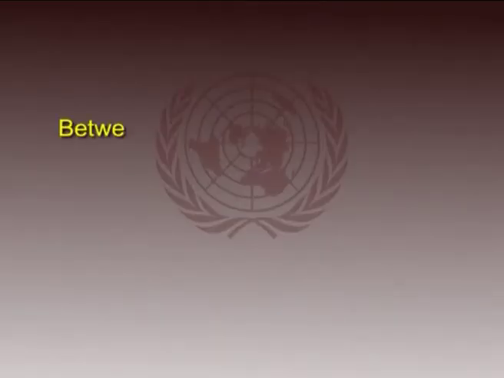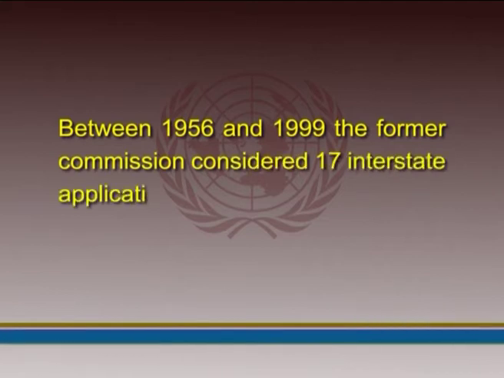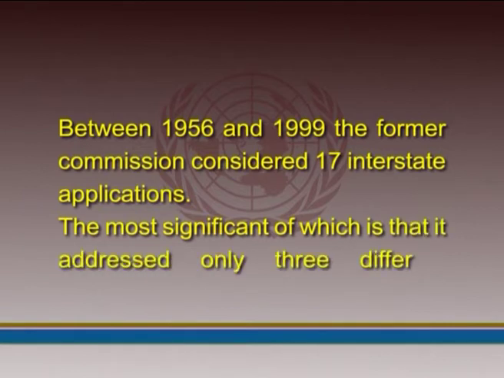This procedure has generally been used very sparingly in relation to member states of the European Union. This sparing use is likely to be reinforced by Article 7 of the European Union Treaty. The European Court's interstate procedure will continue to be the only option in relation to disputes between non-European Union member states. Between 1956 and 1999, the former Commission considered 17 interstate applications, the most significant of which address only 3